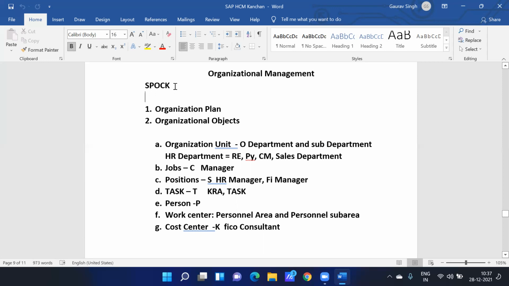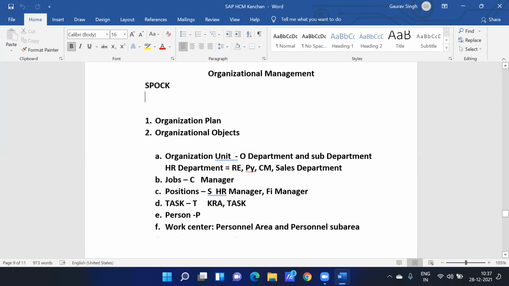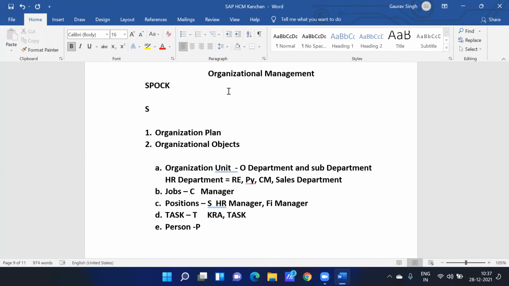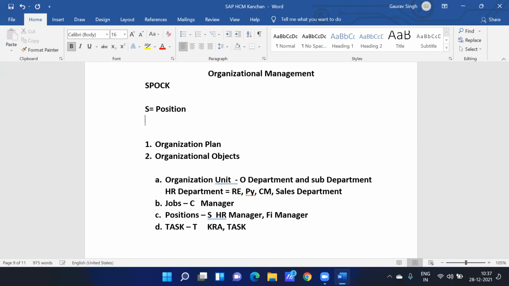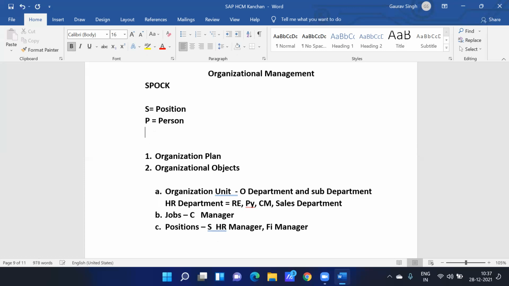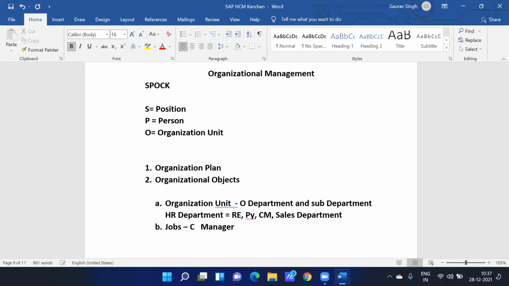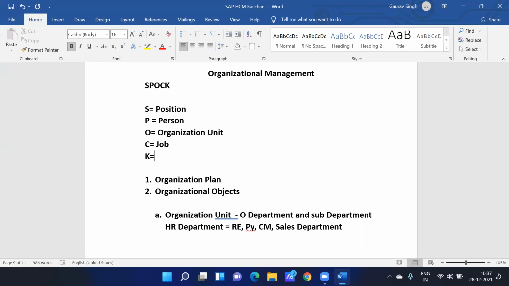So this is SPOCK, which is very important. S stands for position. Let me note it down for you. S stands for position, P stands for person, O stands for organizational unit, C stands for job, and K stands for cost center.